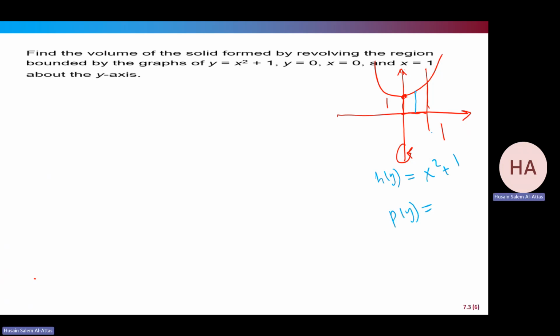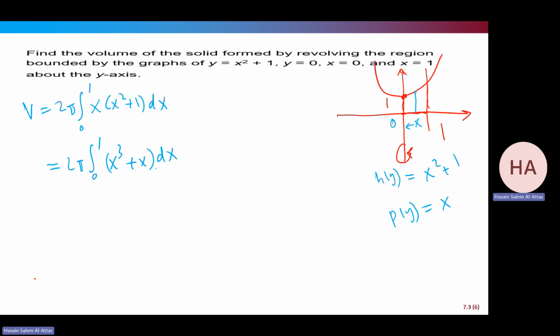The distance to the axis of revolution, if this is x, will be x. From where to where? I'm talking about from 0 to 1. So the volume will be 2 pi from 0 to 1, x times x squared plus 1 dx. That will be 2 pi from 0 to 1, x cubed plus x dx. That gives me 2 pi times x to the power 4 over 4 plus x squared over 2 from 0 to